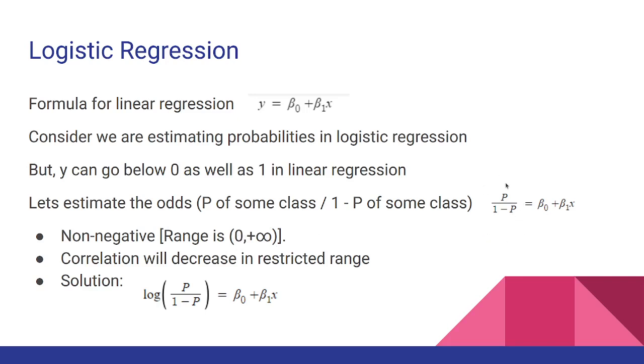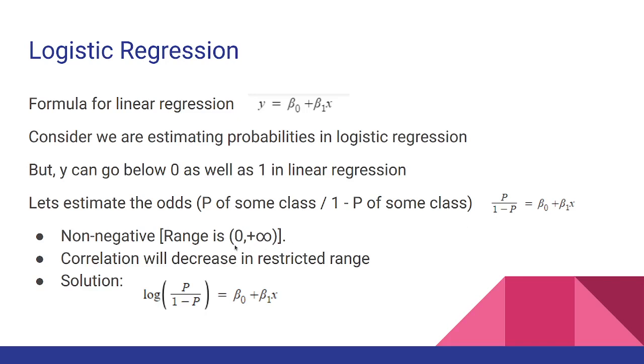Because if we are taking probability, the minimum that we can get is 0, like p by 1 minus p. If we say p equals 0 and this is 1 minus 0, then we are getting 0. So it cannot go below 0, and that is problematic because it is restricted, right? We are trying to restrict a model from predicting in the range below 0. That is actually a very hard problem,